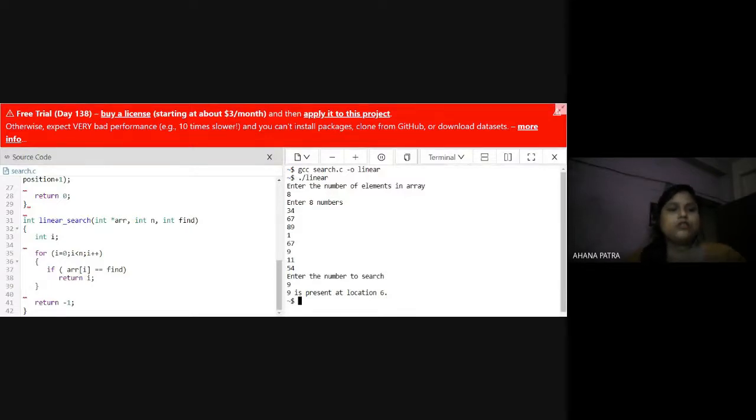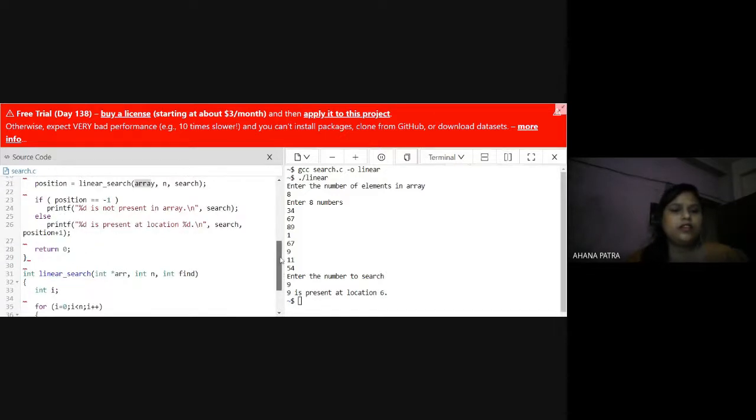Okay, so the trick is there. We add position plus 1. That is how it gives the correct position. If we do not add this plus 1, it gives 5, because counting starts from 0: 0, 1, 2, 3, 4, 5.